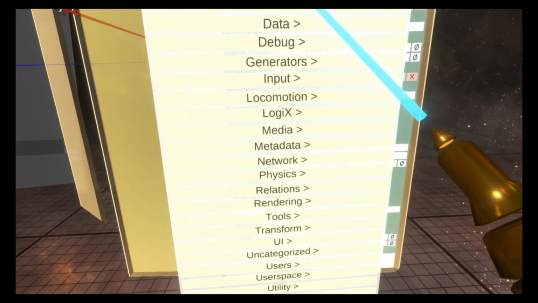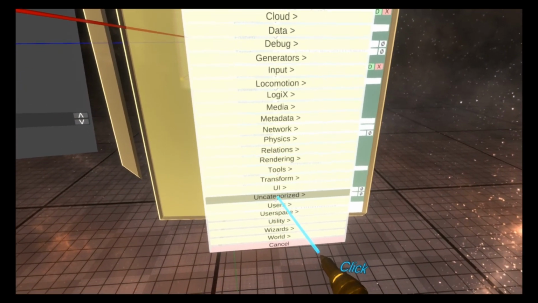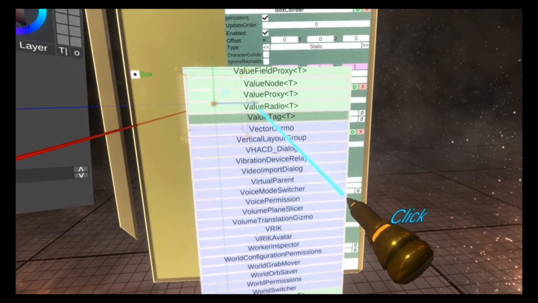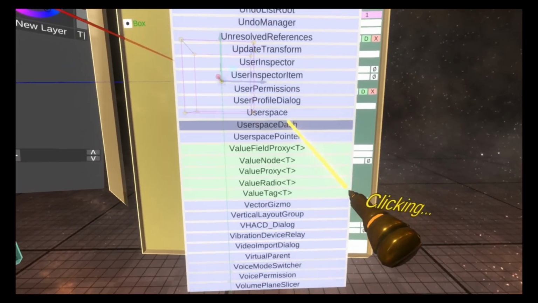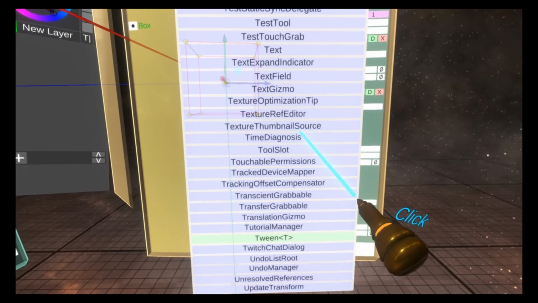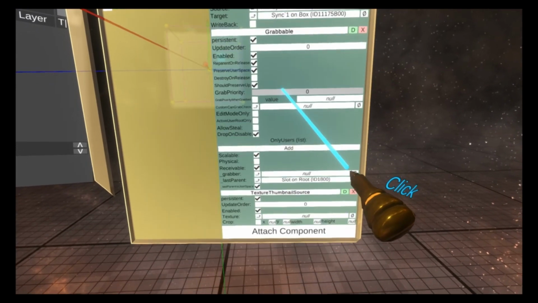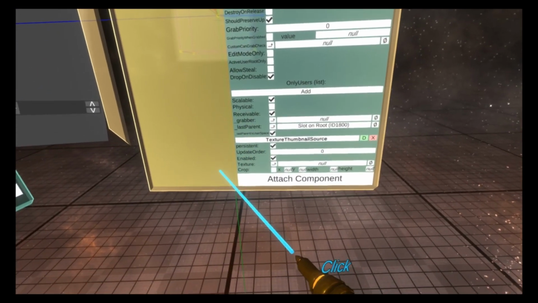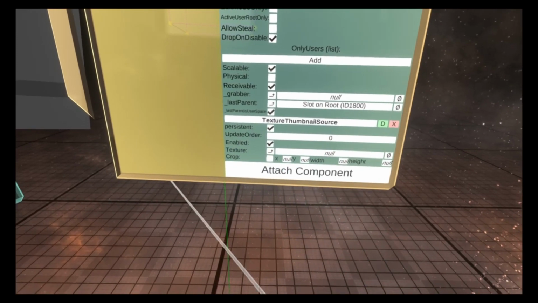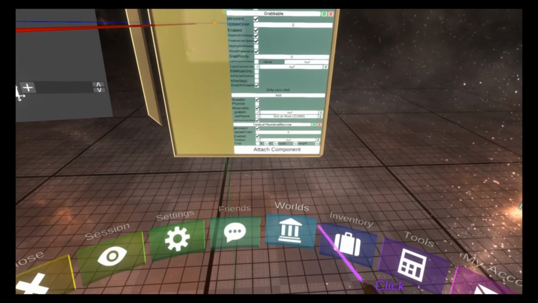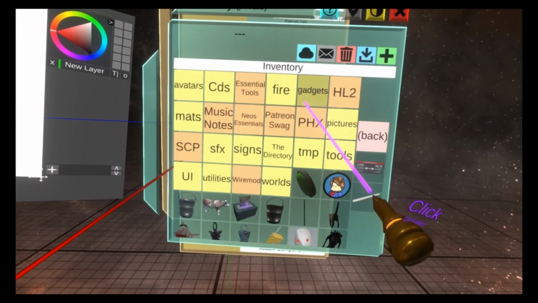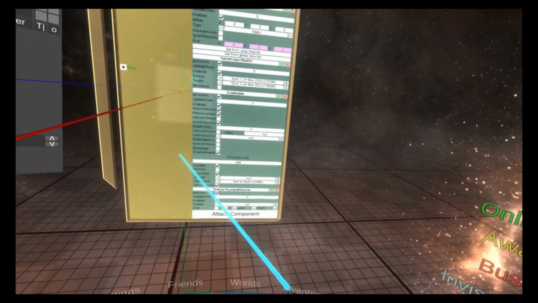If you're doing this on a more complicated object, make sure to do it on the root. I can go to uncategorized, and I can scroll down. It's alphabetical, so scroll all the way to T, and you're looking for texture thumbnail source. So if I go to texture thumbnail source, I'll see here that there's a texture property. If I put any image in here, so if we find an image, here's one,